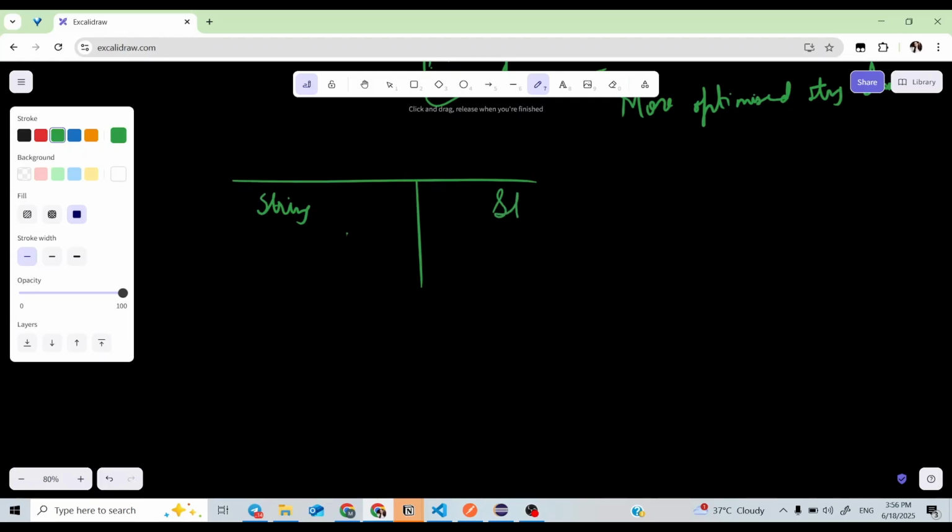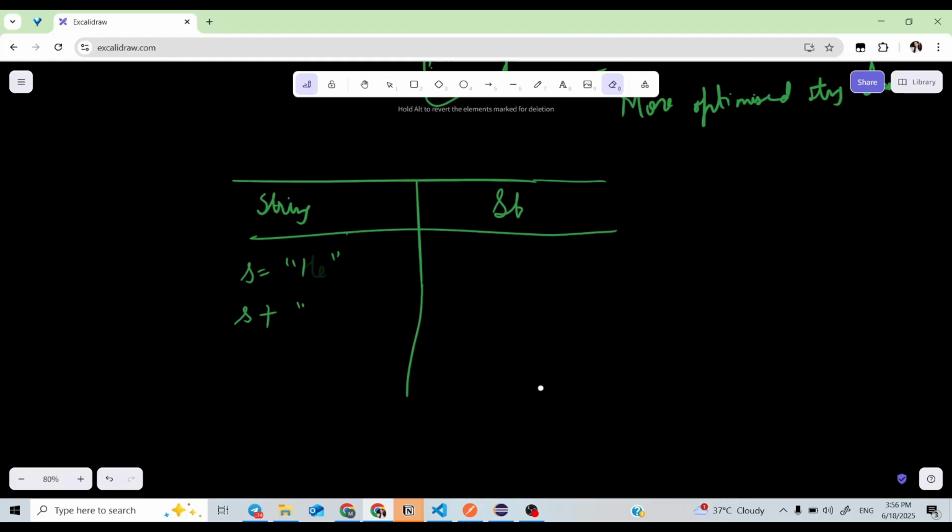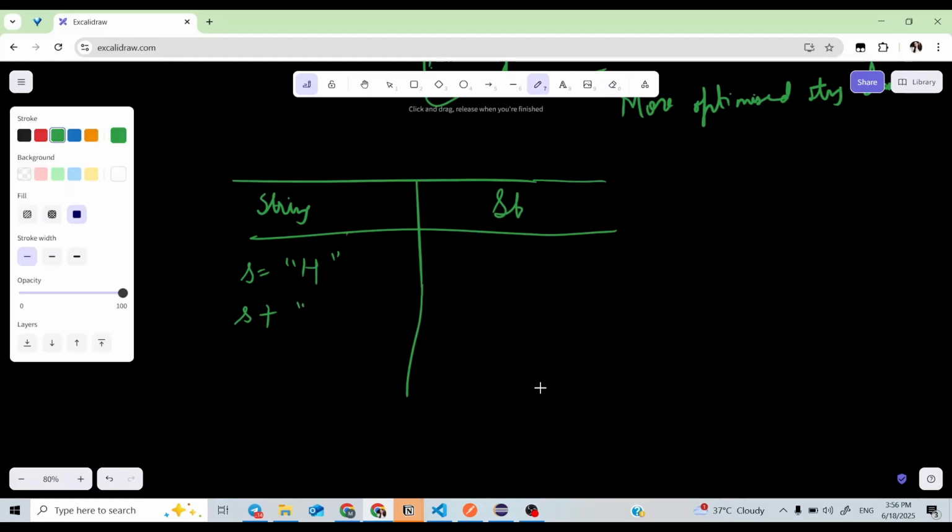For understanding why StringBuilder is optimized and why we need it, we will understand the difference between the String and StringBuilder classes. In string, what happens? Suppose I have one string s equals h, and I make some changes in s, I add e to it.